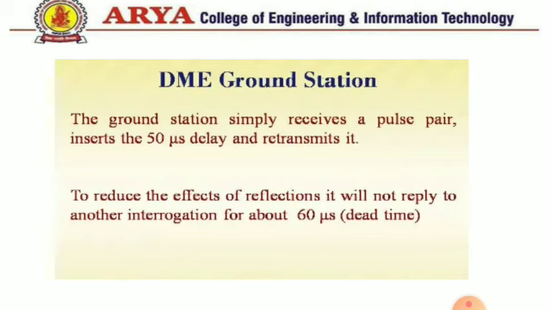To improve the operation we normally go with squitter. So what is squitter? The ground station transmits 27,000 pulse pairs per second regardless of the number of aircraft interrogating. The extra pulse pairs are called squitter. If there are not enough interrogators to make up 27,000 pulse pairs, to improve the performance of the ground station we normally go with the facility called squitter.